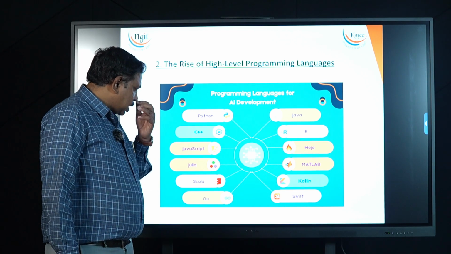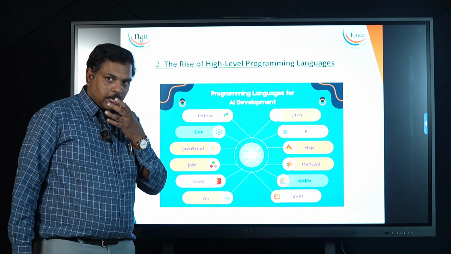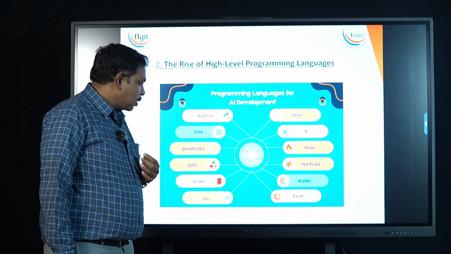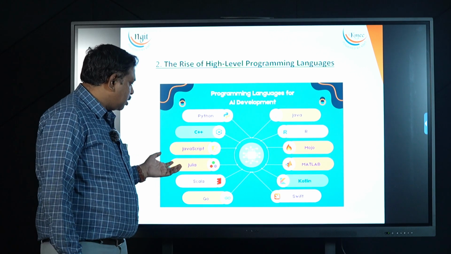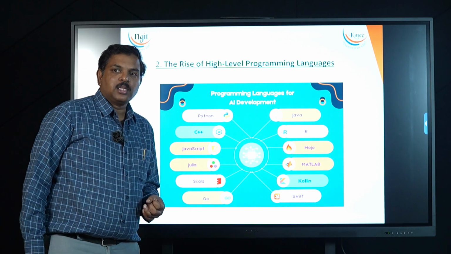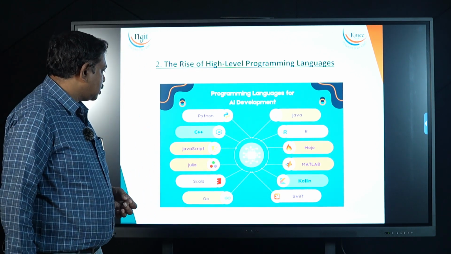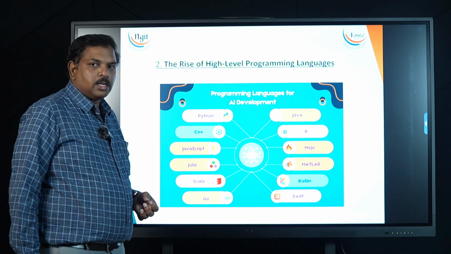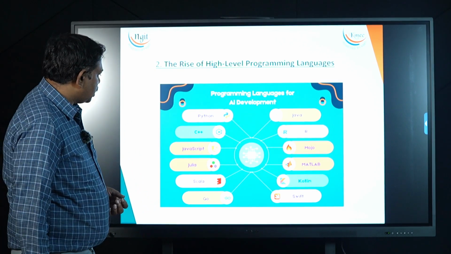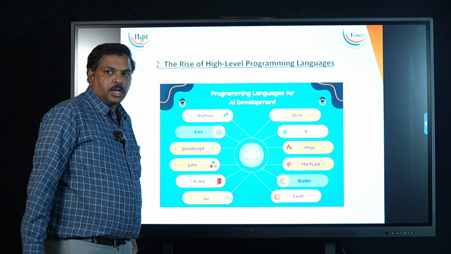Another language that is gaining popularity is Scala. Scala basically runs on the JVM in the background. It takes the ease of Java syntax along with powerful APIs. Scala is slowly gaining popularity.